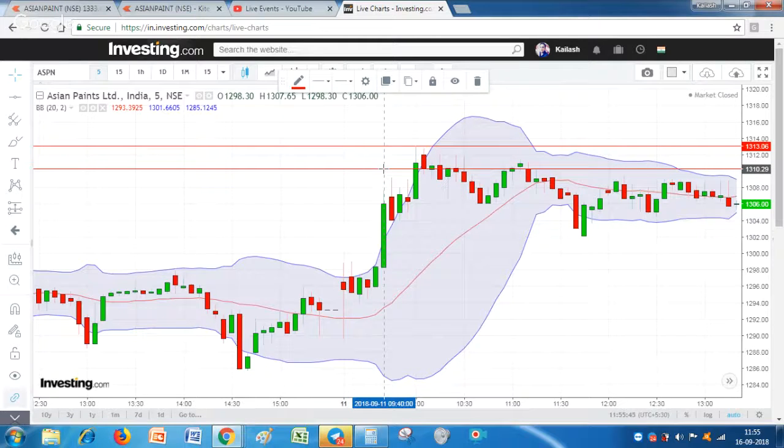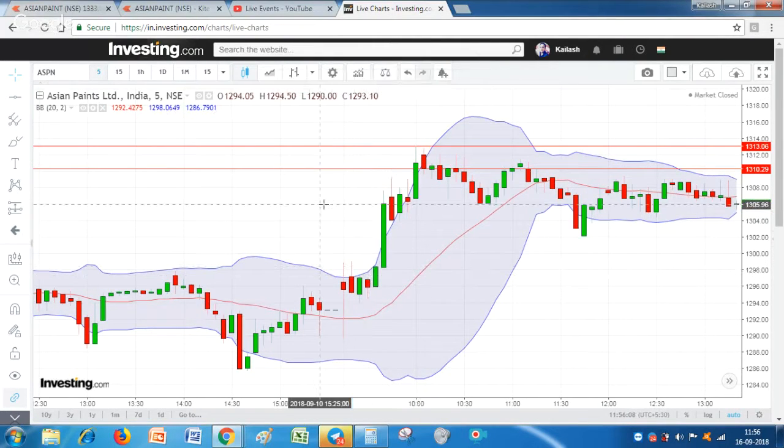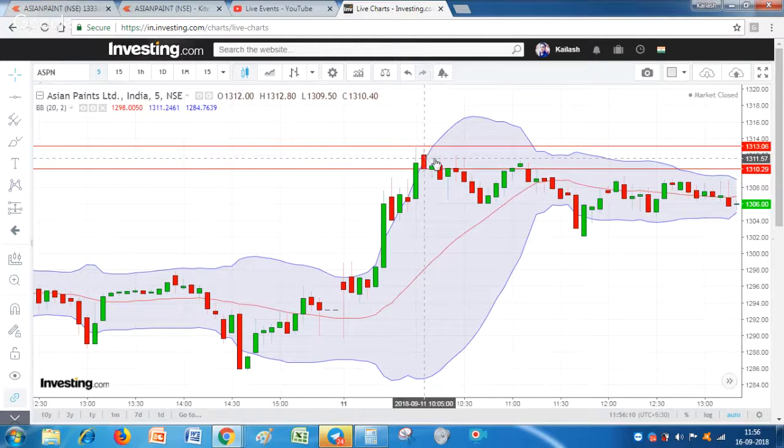We can take a sell entry below this candle low, anywhere in this range, and our target should be near the median line of the Bollinger Band. Here should be our target. We will short it, keeping our stop loss at the previous candle high. The next candle is bearish, so it has given us an indication that after a big move, the stock can take a reversal from this level and can be an opportunity to short it. So this is another strategy, friends.